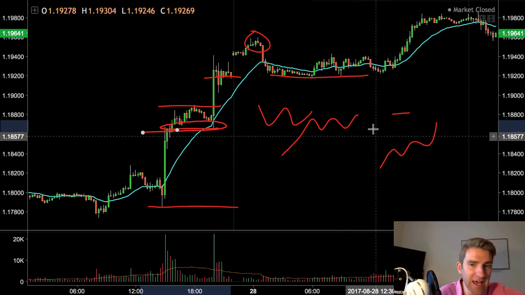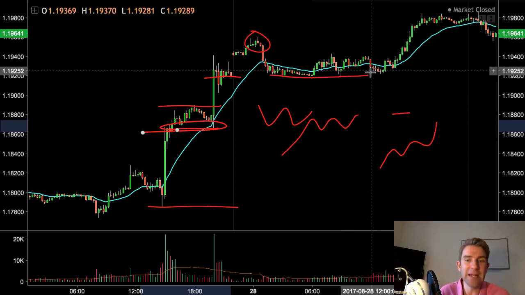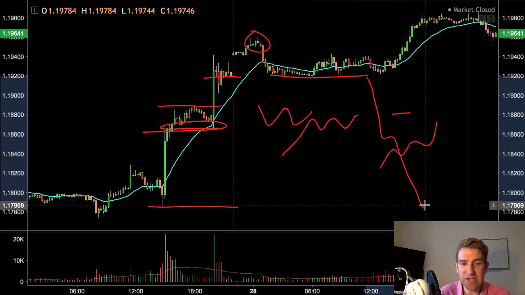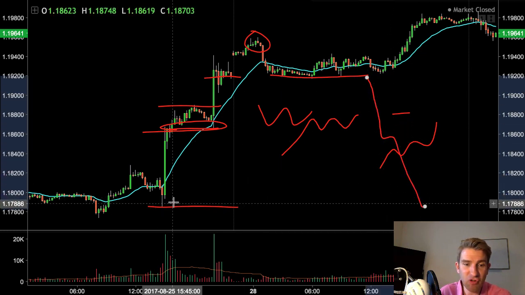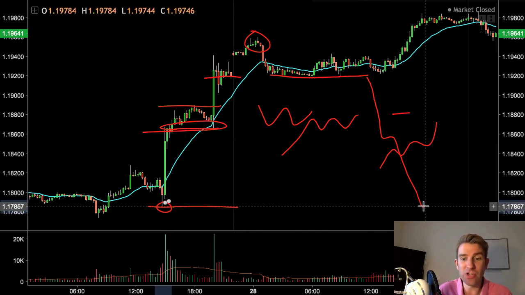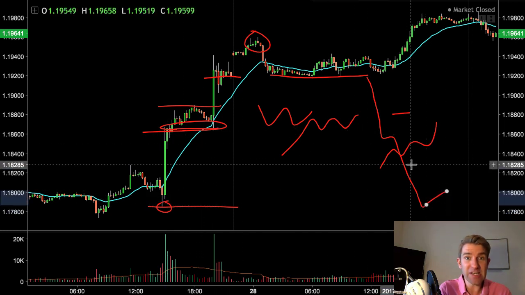Let's flip it on its head and let's look at something that completely goes the other way. Comes all the way down here, and it's coming down to the lows, and listen, it's right at the point where the extreme of day 1 is, and now we're approaching it. A good place for us to take a breakout, right? Because we know there's going to be a heap of stops under there. If we can preempt that breakout and get on that run, we're prepared, because we know that the whole world and its dog has got to stop under that low, and they're going to get their faces ripped off because they are all in.